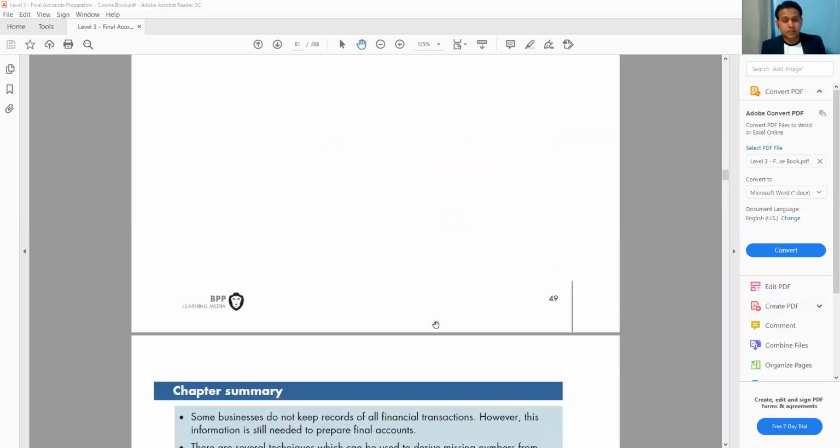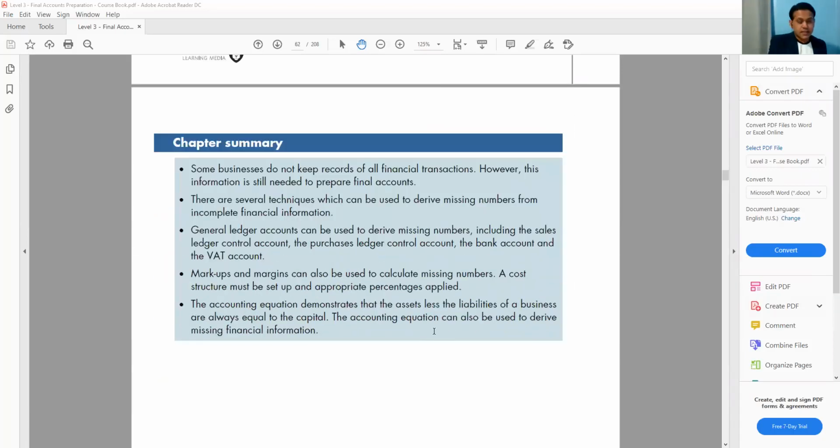I think this is the end of the chapter. So you can see we have done practice of almost every single activity we have in the book. But as I said, this is the trickiest chapter from the whole book. If you ask me which is the trickiest chapter from this course, it is chapter number 2, incomplete records, and that one will come almost 30 to 35 marks. So I'm expecting all of you to revise this chapter once again. If you need to, you can watch this recorded lesson again. There is no problem with that, but obviously you need to make sure you revise this chapter once again. And if you have any question,